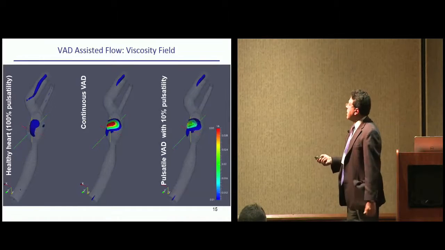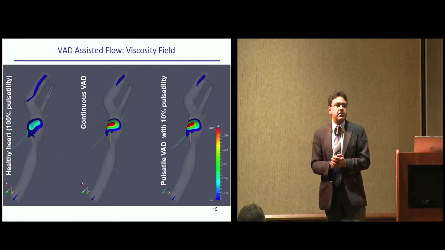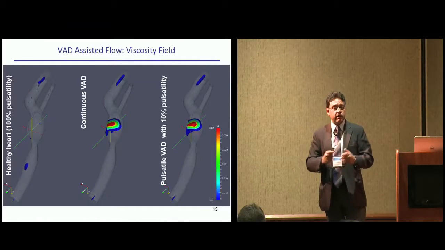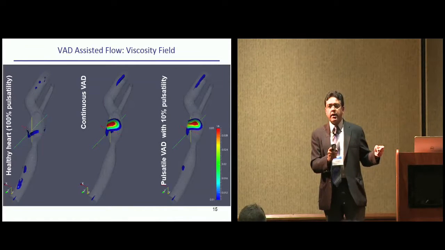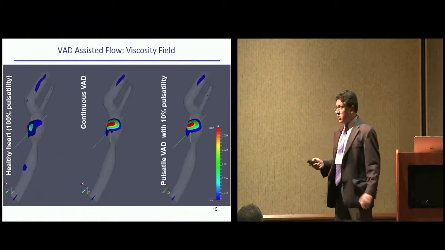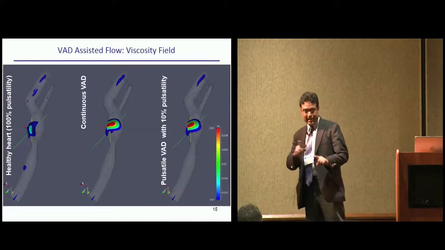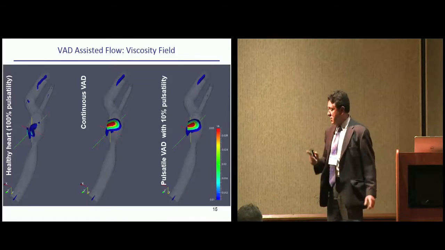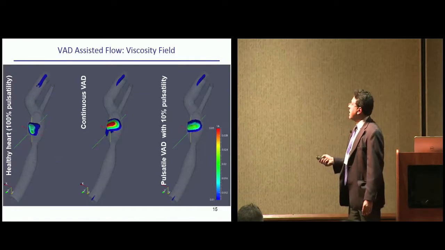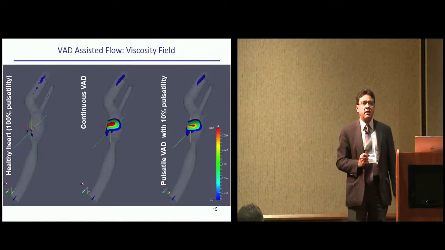And then we said, we don't want to give the same pulsatility because then the artificial heart, the pump, is going to get a lot of beating. What is the minimum pulsatility, and what should be the amplitude? Through numerical computations, we had to do multiple computations to span the space of uncertainty in terms of material parameters to get the representative scenarios. And so here, 10% of pulsatility is just enough to disrupt that build-up of the viscosity, and that should